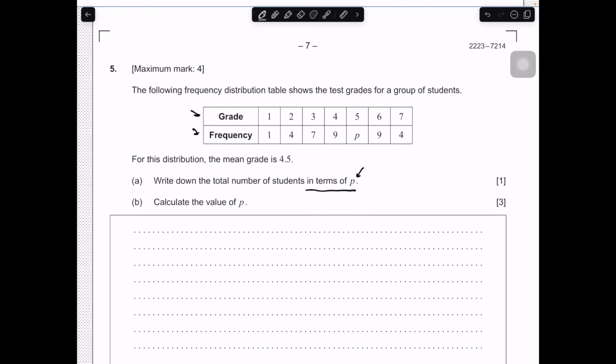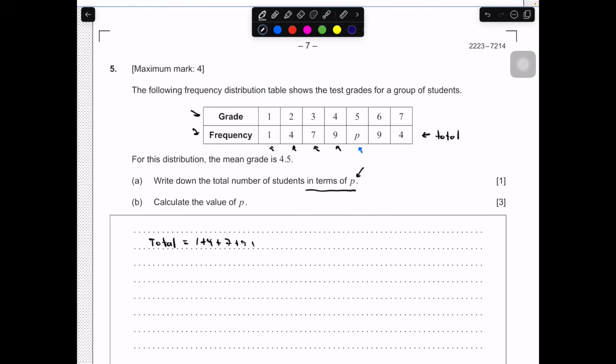So total number of students. So these are all the students that took part. We know that 1 student got a grade of 1, 4 students got a grade of 2, 7 students got a grade of 3, 9 got a grade of 4, and so on. And then this is the total if we add it all up. And we don't know all of the values because we don't know P, so we therefore would write this in terms of P. So our total number of students is going to be equal to 1 plus 4 plus 7